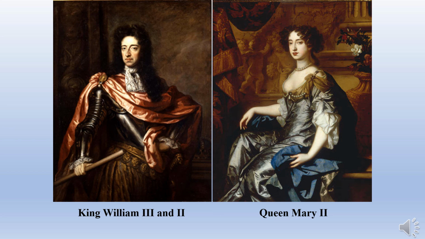I believe William's mother was the sister of King James II of England. So that makes Mary and William cousins, first cousins. They will rule together. And the way this works is Mary is the queen by right. William is the king by choice. And whoever dies first, the other one will reign until they die. And so when Mary dies in 1694, William III is allowed to stay on the throne until 1702.